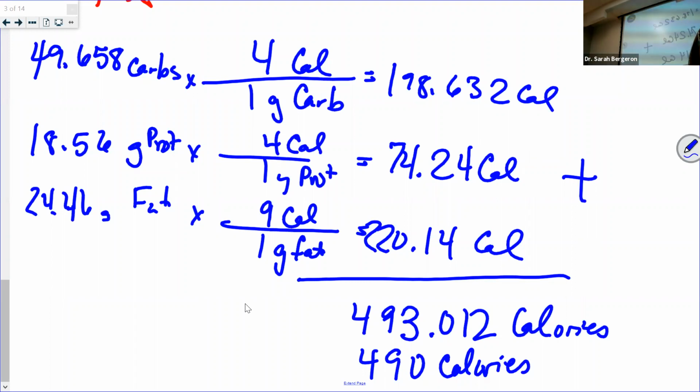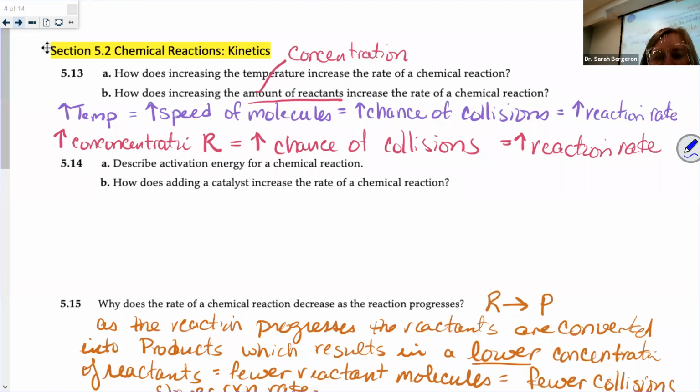Okay. I know, it's kind of big, but it kind of makes you think about all the things that you eat, you know? All right. Moving on. Chemical reactions and kinetics. All right, how much time? What time is it? No. All right. So,